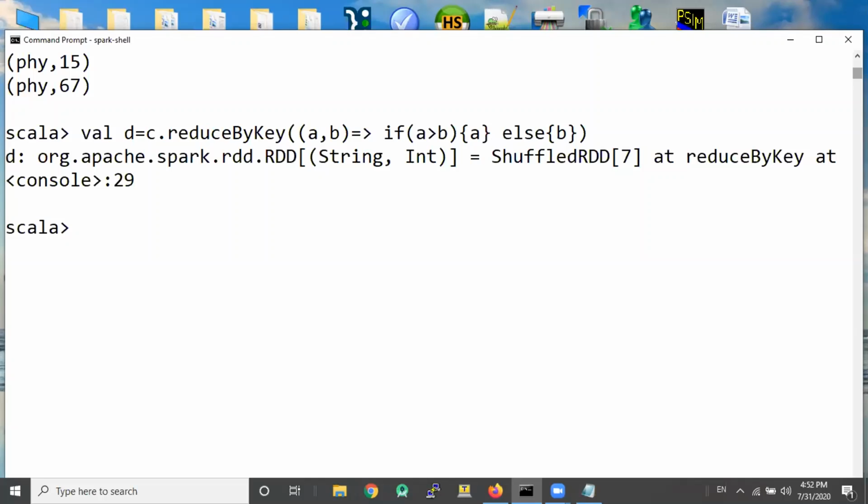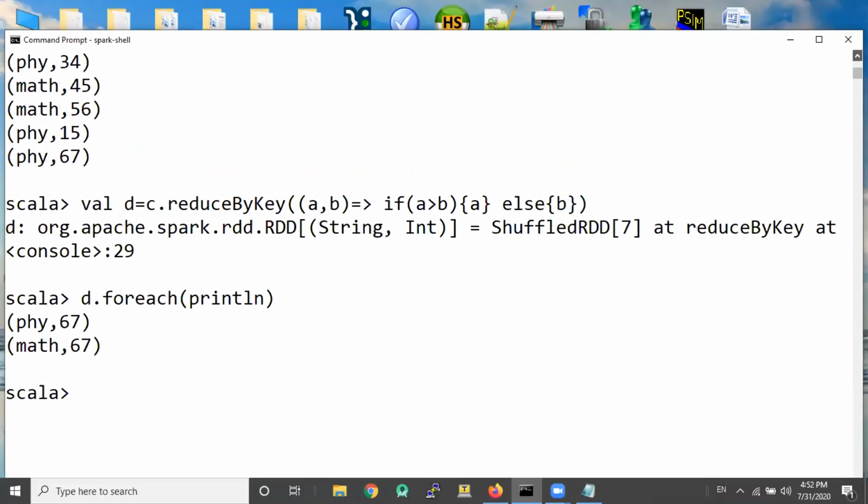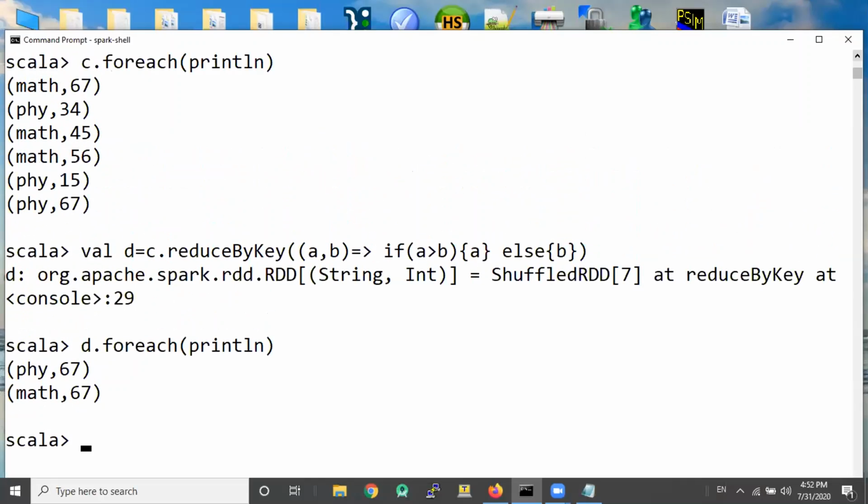Got it? Got d. Let's do it. You've got physics 67, math 67. We got the maximum. So this is one way of doing a max. Just check out from the data set, 67 is indeed the maximum value for both physics and maths.